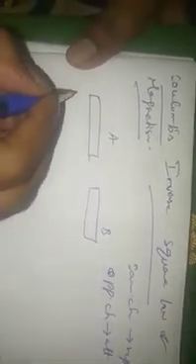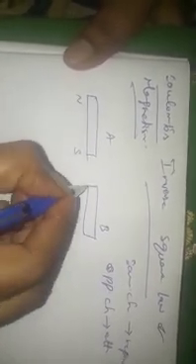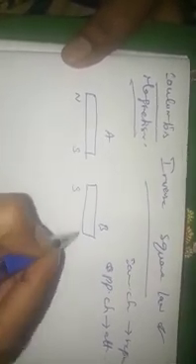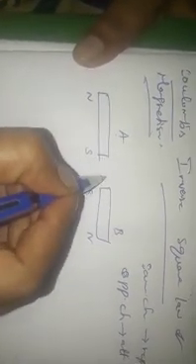A and magnet B. You have the two poles, north and south. I am bringing the two poles closer. The south pole of magnet A and the south pole of magnet B brought closer will repel.